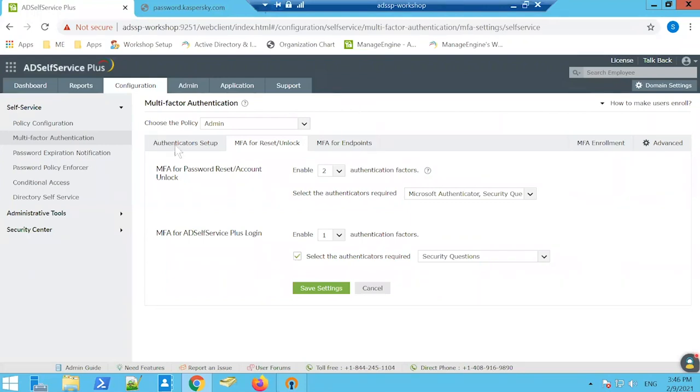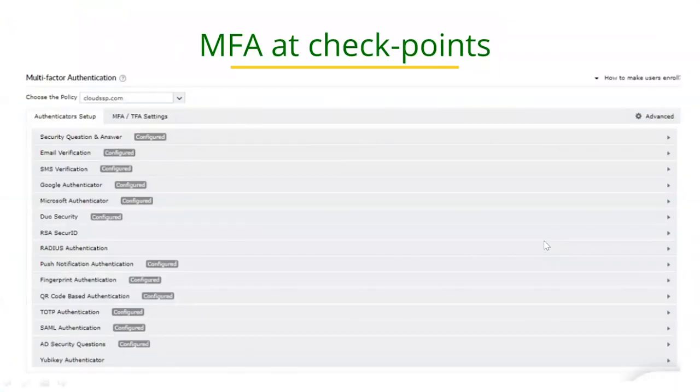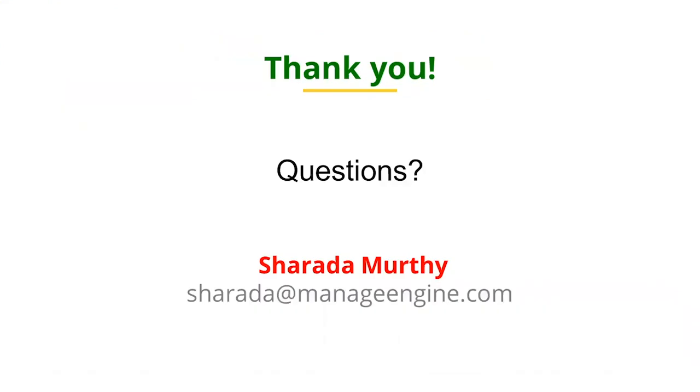And password entropy is basically the susceptibility of a particular password to being compromised. So it's important to revisit our password policy. It's important to ensure that we have a good password policy in place and we have the right security measures in place. And with that, I am going to quickly wrap up the session for the day and open the